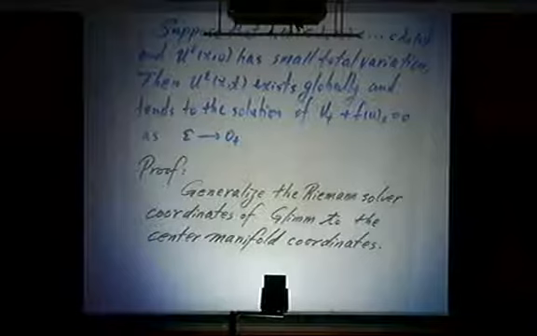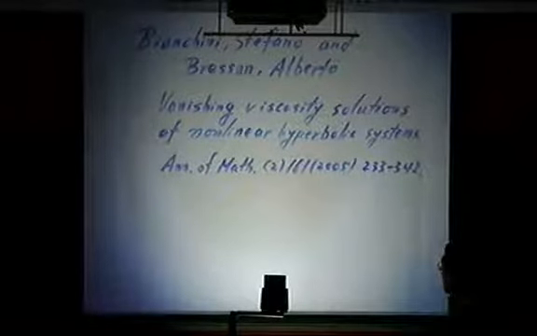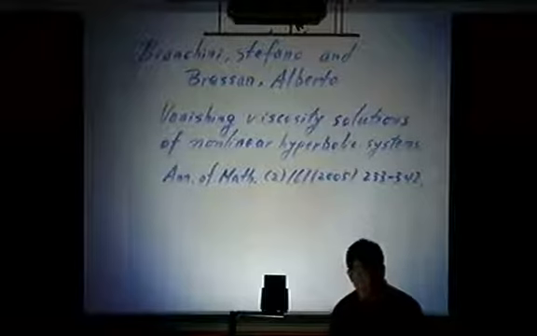And therefore, the proof is to use, instead of the inviscid Riemann problem, the center manifold coordinate, which is obtained for this equation. So in other words, this is an excellent generalization of the idea of Glimm. And it was done by Bianchini and Bressan. And Bianchini was in Taipei with me for half a year when he did this.